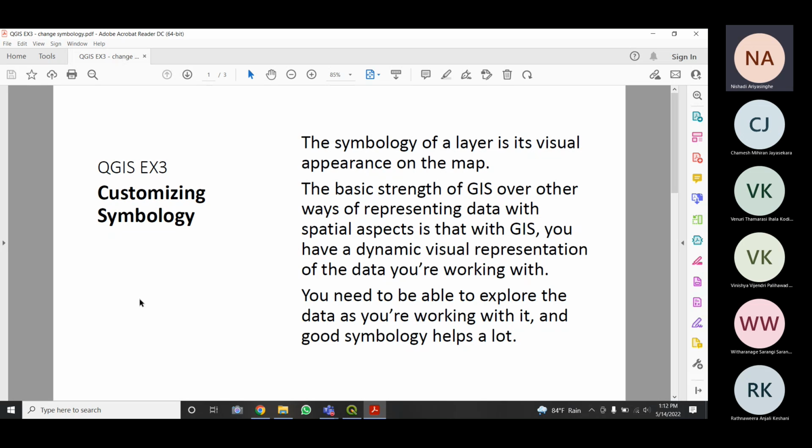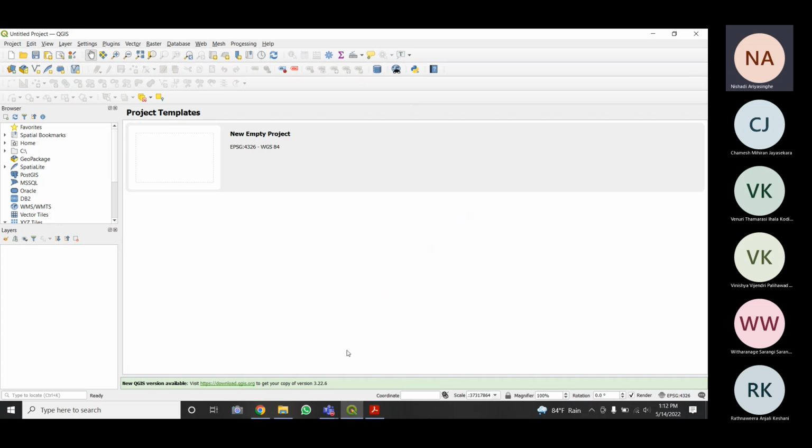So today we will start by discussing about customizing symbology. Customizing symbology means, for example, when you load